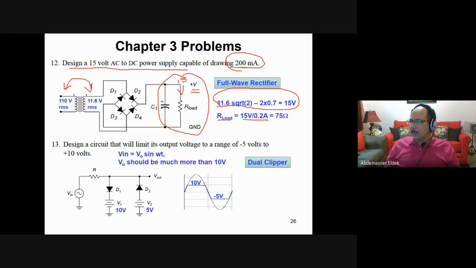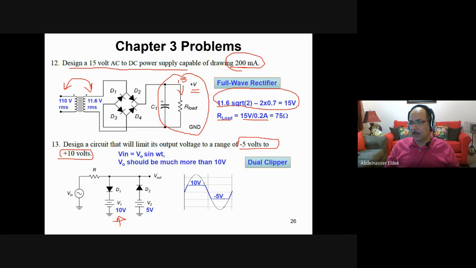Design a circuit that will limit its output signal voltage to a range of negative 5 volt to positive 5 volt. So this is a clipper, of course. It's a negative 5 to positive 10. So this is a dual clipper. So if you want to make it 10 volt,